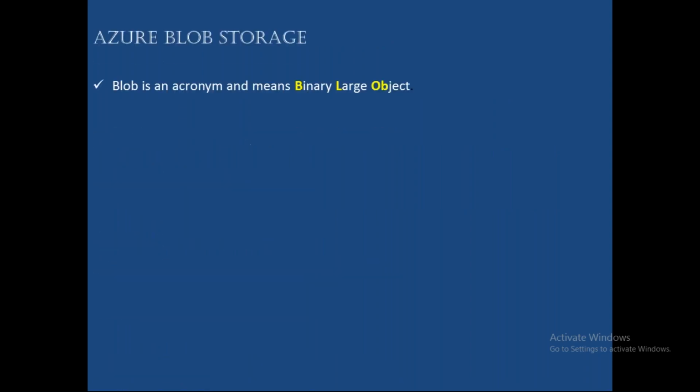Next, Azure blob storage. This is very important. We will completely focus on blob storage because we are going to use only blob storage, though I will show you the other things. Blob is an acronym that means binary large object. It means you can store large binary objects. Binary can be audio, video, images, anything. For example, if you have a 3 hour movie, you can upload it into the blob storage. Binary large objects you can maintain in the blob.